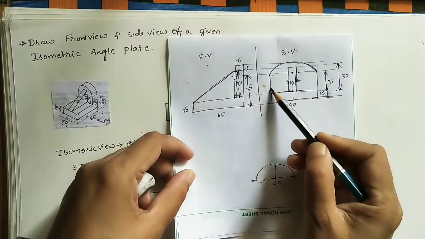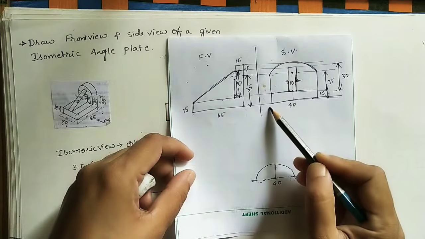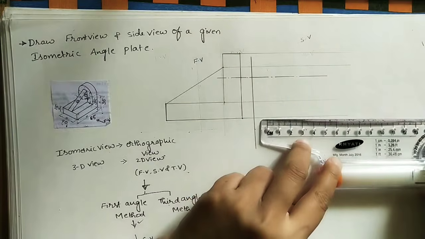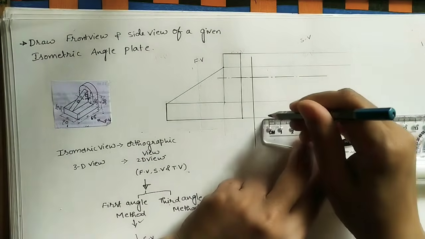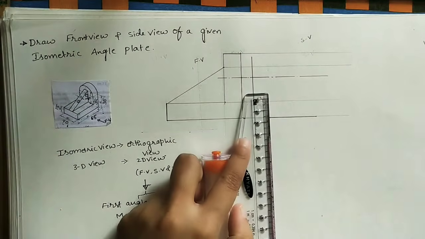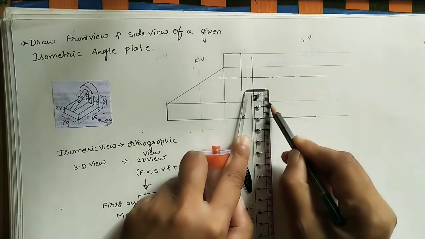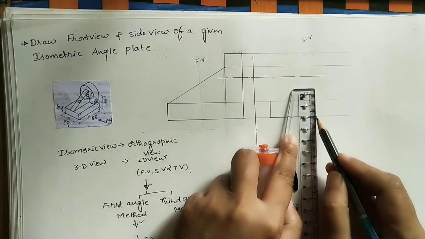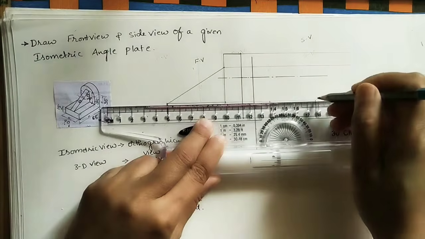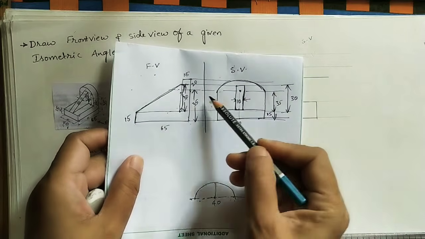We can take any gap here. Here also we can take any gap from the reference line. Draw this box initially 40 by 15 mm. So I will start here. On this main line I will take 40. This is already 15. Take this as the reference line, and here complete the box. After getting this box, draw this height up to this axis line.